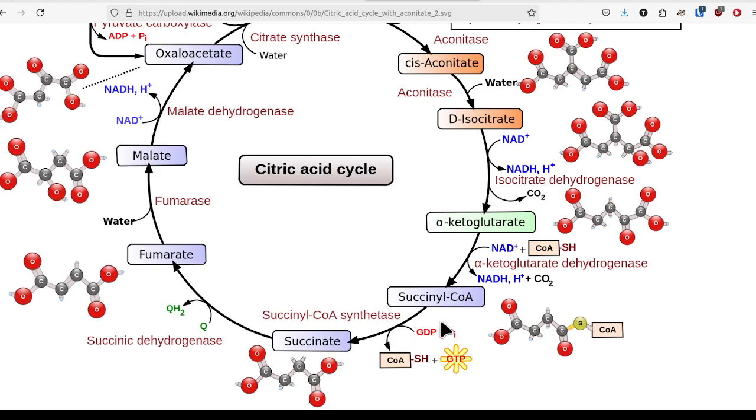Got a transferase here, transferring this part of the molecule. Sorry, not a transferase. We did 2 things here where we took off a CO2 and we attached it to CoA. So we've got an oxidoreductase and a transferase reaction going on here, going on here, we are breaking this bond